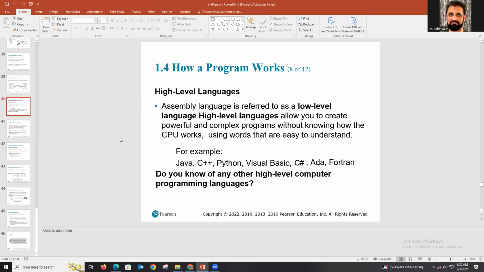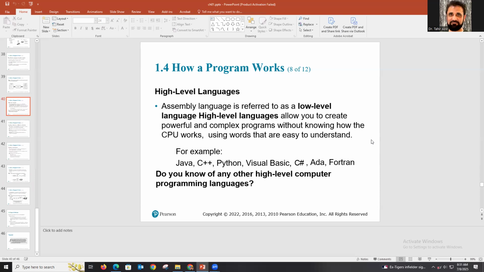High-level languages, you probably have heard some of them. The first ever high-level language was Fortran. I think it was developed in 1954. After that, we have hundreds and hundreds of high-level languages. I have taught maybe a dozen different high-level languages in the last 20 years. Currently I teach C++ and Python. Last semester I was teaching Java as well. I have taught C Sharp and Visual Basic at Long Beach City College. I've taught many, many different programming languages, and many new languages will emerge in the future as well,